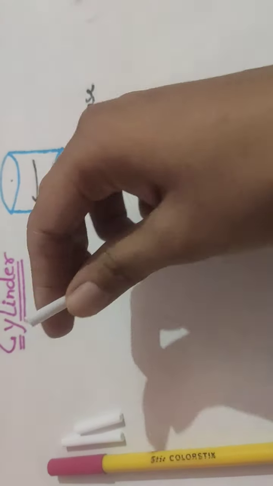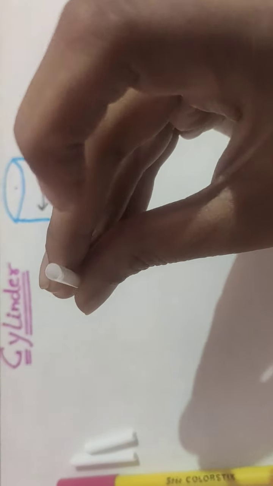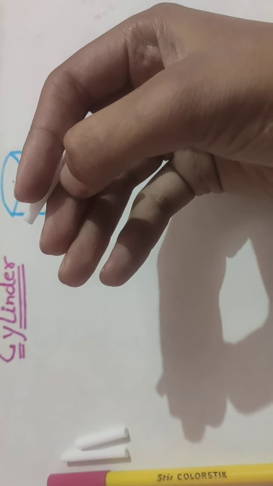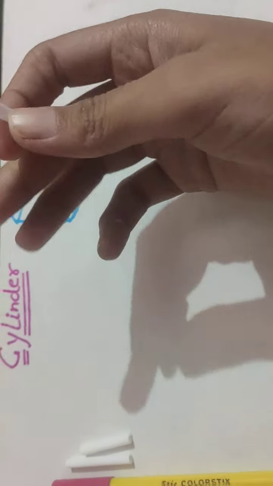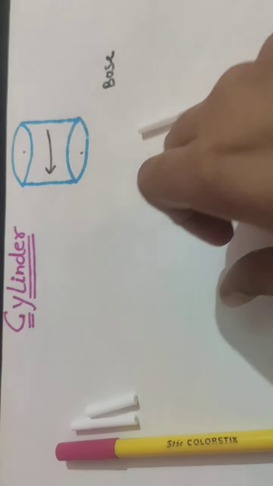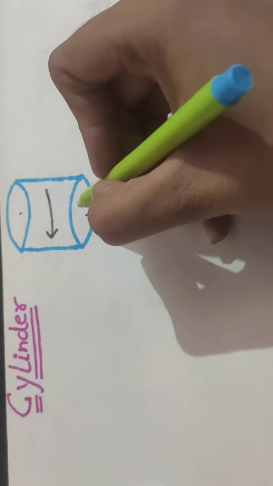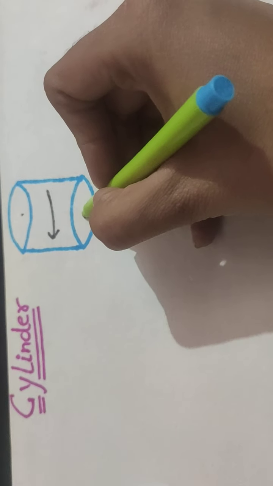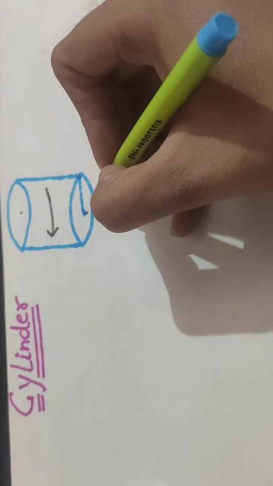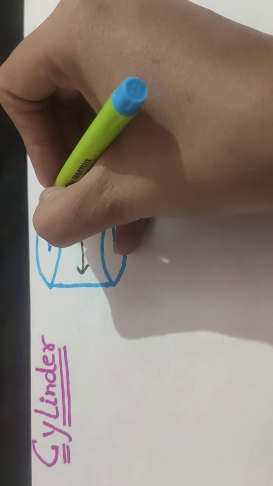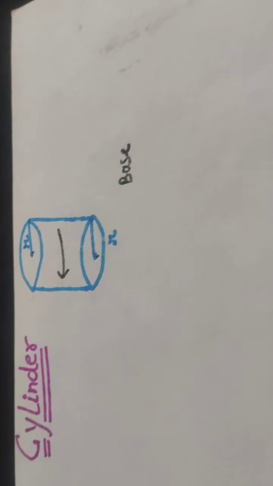Since these are circular in shape, there is one more property: they are congruent, which means they have the same shape. You can see that this is a kind of cylinder, this is the top circle and this is the bottom circle, and this is the curved surface area, right? First of all, let us define the radius of the circle. Since they are congruent, let us assume that the radius of this circular base is r, hence the radius of the other will also be r since they are congruent.